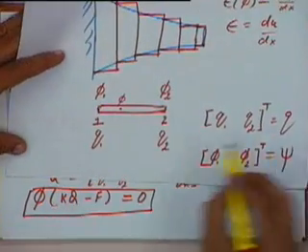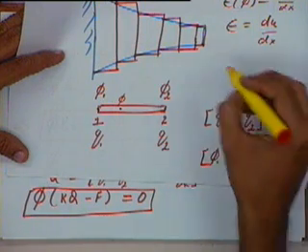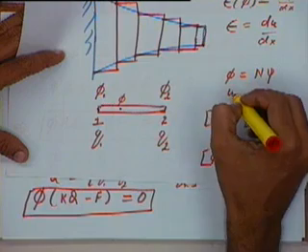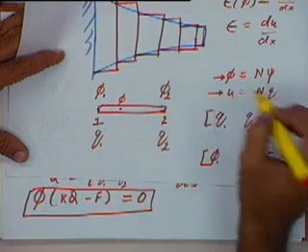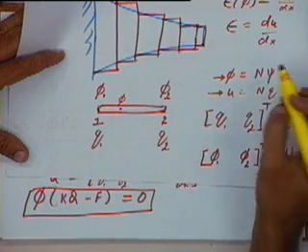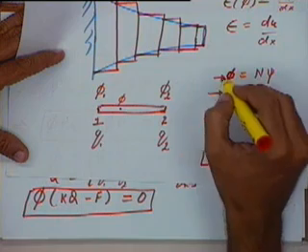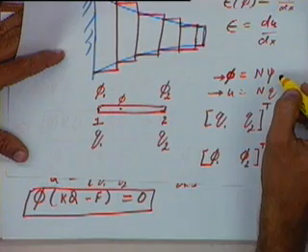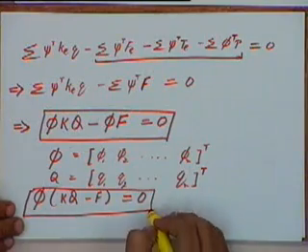We have ensured that by saying that Q is equal to Q1 Q2 transpose and psi is equal to phi 1 phi 2 transpose, and by saying that phi is equal to N times psi and u is equal to N times q. So you are taking a similar formulation for phi as well as for u. The other constraint is that this phi has to be kinematically admissible. That means it has to satisfy the boundary conditions. We can only give it a virtual displacement which is consistent with the boundary conditions. If we keep this constraint in mind, then this equation has to be satisfied for all values of phi.